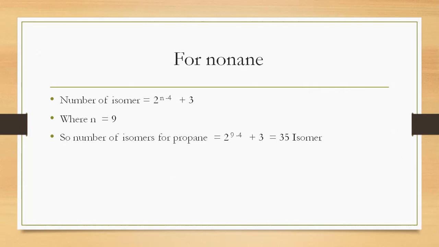And writing these 35 isomers in different manners is very, very difficult. You have to go for 3, 4, 5, 6, 7, 8, 9 carbons and alternate these things, which is very difficult. Remember this, it's not easy. Plus, it is definitely time consuming. So remember this formula properly so that you can easily calculate.